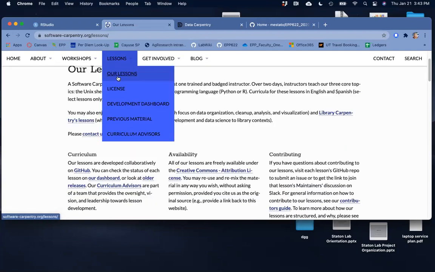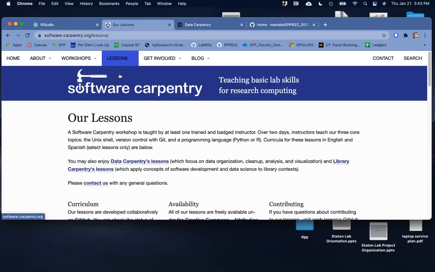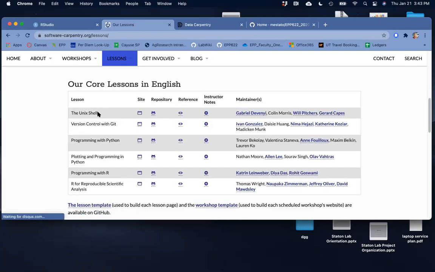So you click on Our Lessons. And then we've been going through the Unix Shell. So you can actually learn other nifty skills. I like the programming with Python. I like the R for reproducible analysis. Both of those are great. We're going through the Unix Shell. If you click on the site,